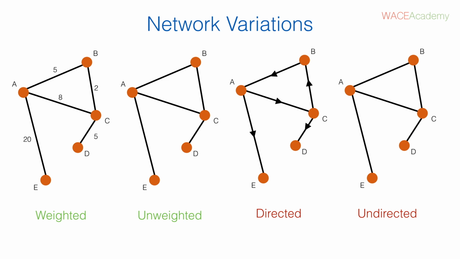Another trait that can be assigned to edges is direction. In this case, some of the edges can only be travelled in the direction of the arrow labelled on the edge. Thus, it is called a directed network. Again, think of a road map where some roads are only one way